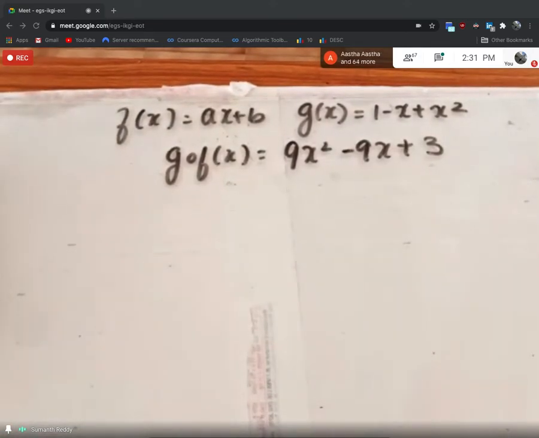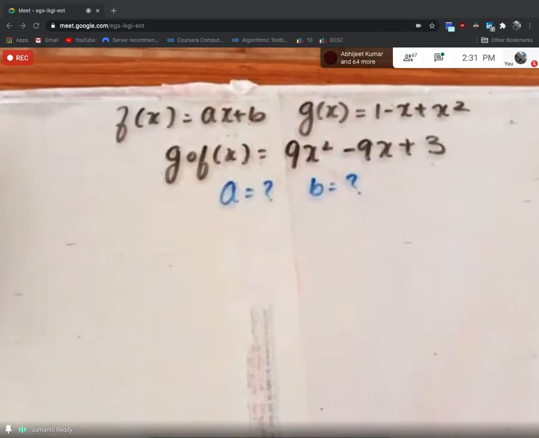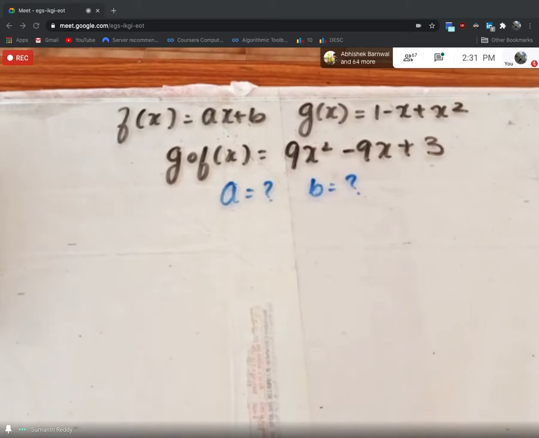So now what you need to do is find the value of a and the value of b. One trick I'll tell you: you just have to apply the definition of the composition of functions. That is, g composition of f of x is given by g applied upon f of x. Because he has given the definitions for f of x and g of x, you just elaborate based on that, then try to find the values of a and b. I'll give you 4 minutes exactly. After that, I'll ask you to tell the answers for a and b. Let me see how many will solve this.